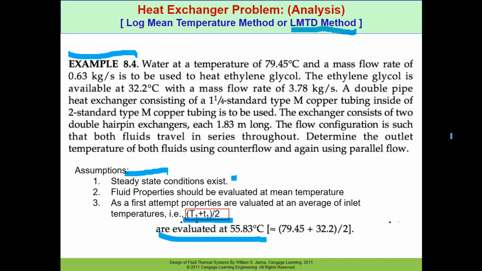So the properties will be calculated at this temperature initially, but remember that later on we will repeat the procedure and the properties will be calculated at the average temperature when we know the final temperature of water and final temperature of ethylene glycol. Okay,